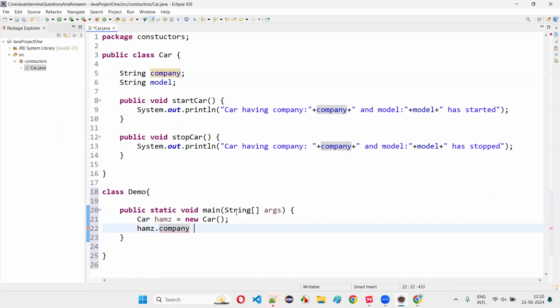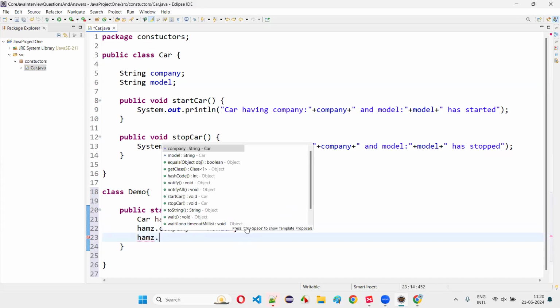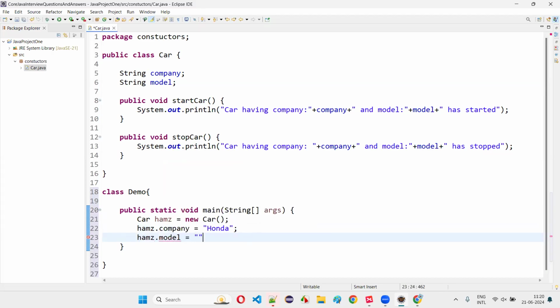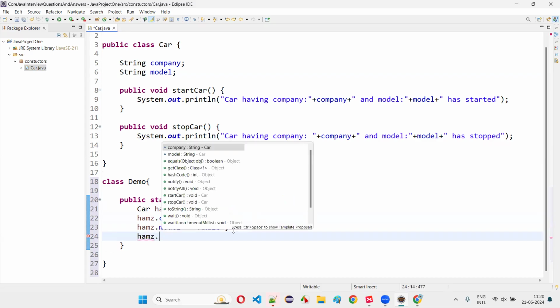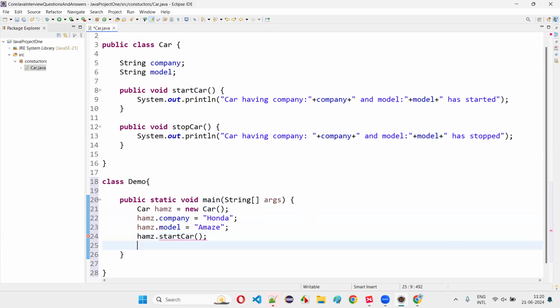That is hamz.company is equal to Honda, and hamz.model is equal to Amaze. Now hamz.startCar, hamz.stopCar. Here I initialize the class variables, and if I run the main method,